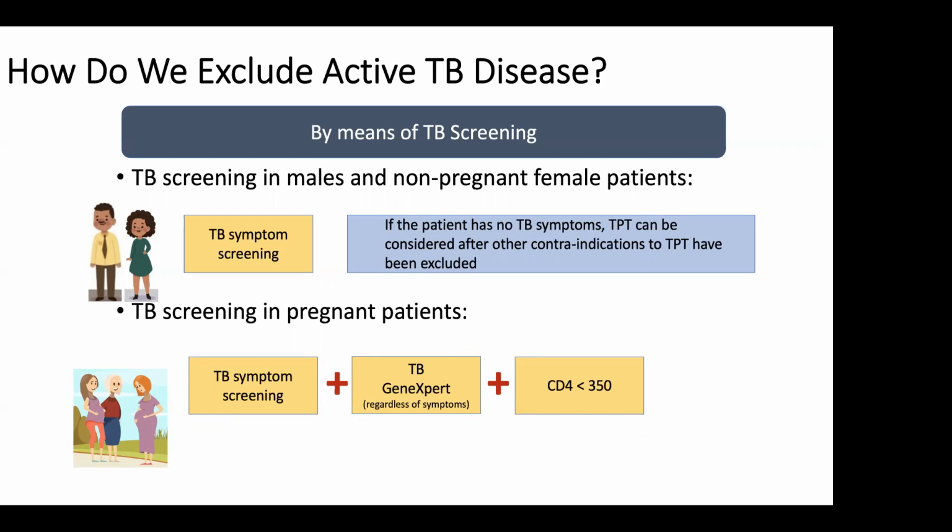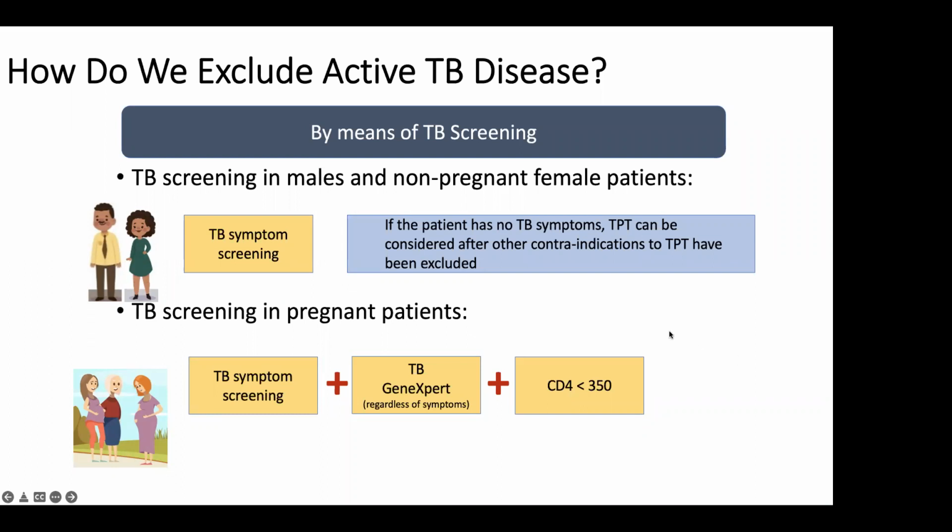Isoniazid preventative treatment is quite beneficial in pregnancy. I've already mentioned that TB is a leading cause of death in pregnancy. It continues to create a lot of problems for us. It is also quite difficult to treat. So preventing TB in pregnancy is an important program. However, the benefits of giving INH in pregnancy are more significant for women with lower CD4 counts. At the higher CD4 counts, the risk of bad obstetric outcomes becomes too huge compared to the benefits of giving INH.